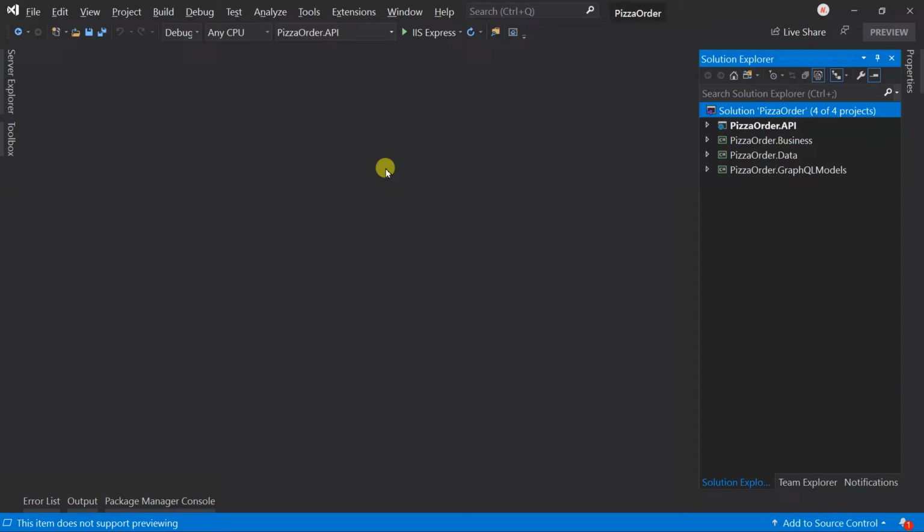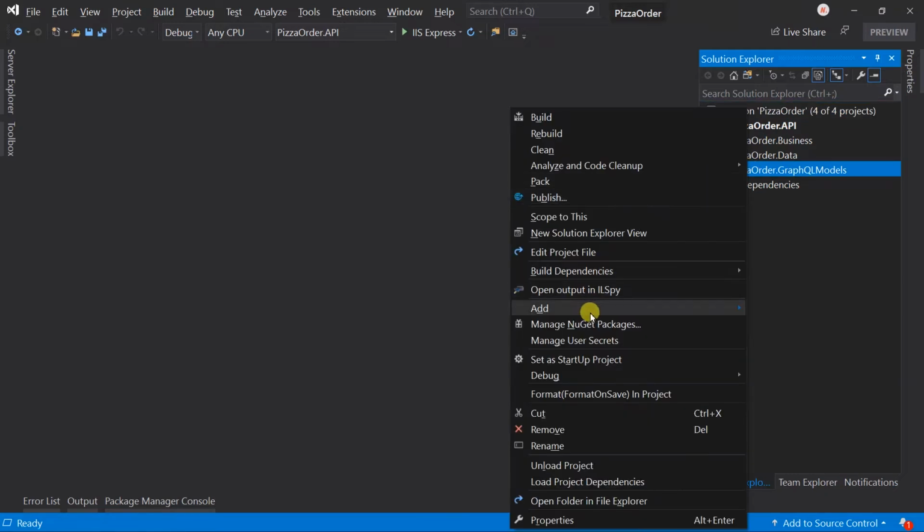In the MVC or the Web API, we usually create two kinds of models. The same concept will also apply to the GraphQL API. One is for the DB schema. In our case, we have already created it and it is stored inside the entities folder. And now we need to create classes for the GraphQL, which is known as a type. Let's create a new folder with the name types,